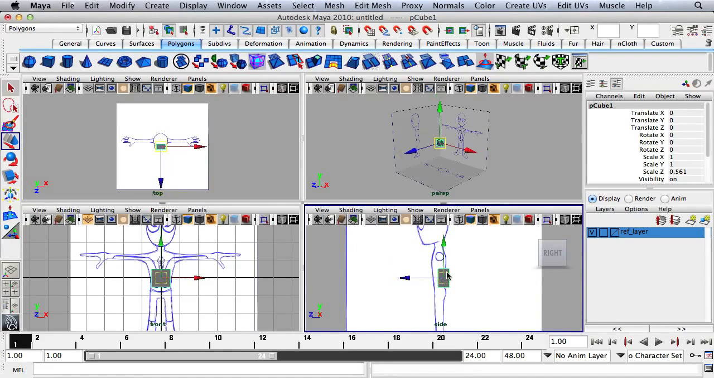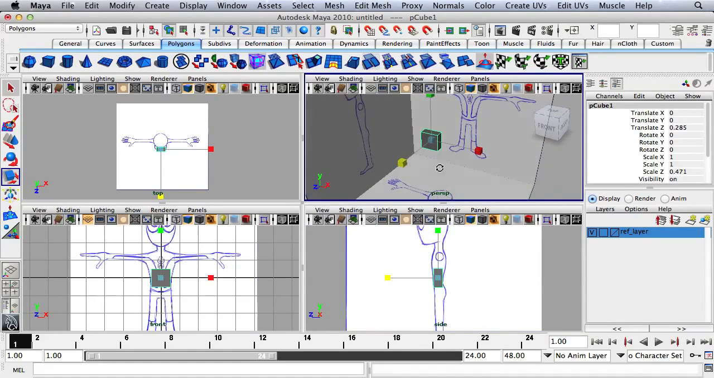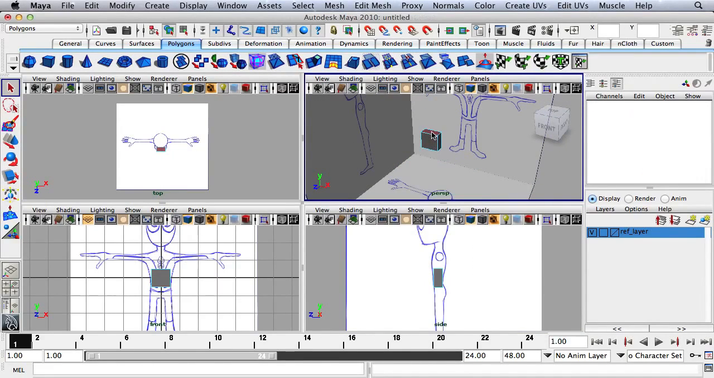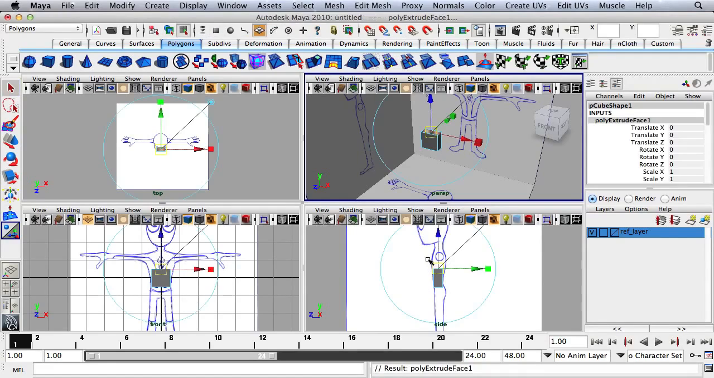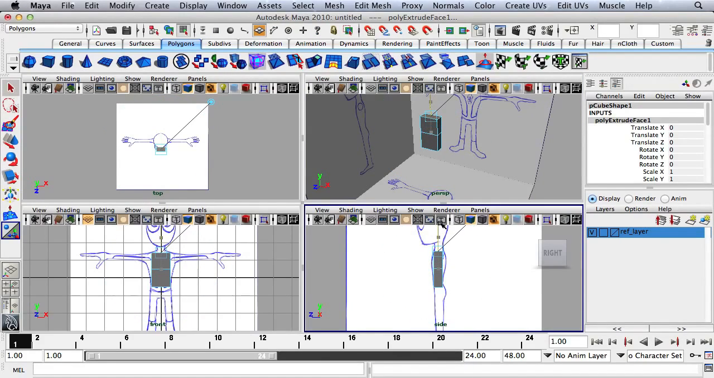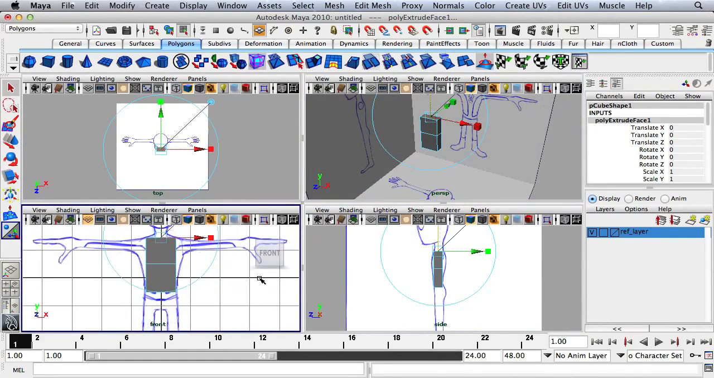And I will move it over a little bit to line up. I'll scale it in a little more. Alright, so I'm going to right click, go to face, select this face, hit extrude, and go up. Alright, so now what I have here is basically just a basic shape,